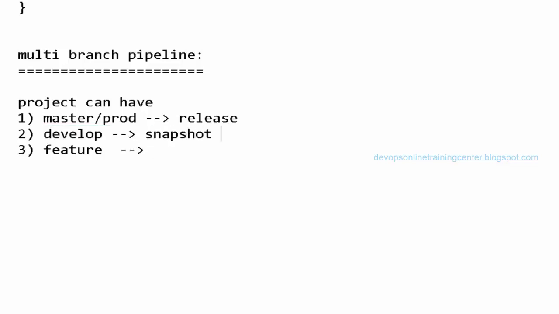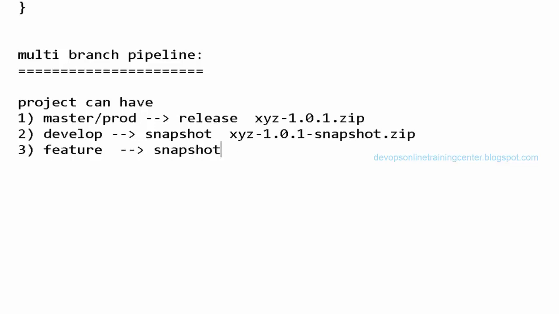And this is called snapshot. And this is called feature, right? So if the application name is XYZ, it will be something like XYZ-1.0.1, something like this, and then a .zip file. And this will be something like XYZ-1.0.1-snapshot.zip. And this will also have snapshot.